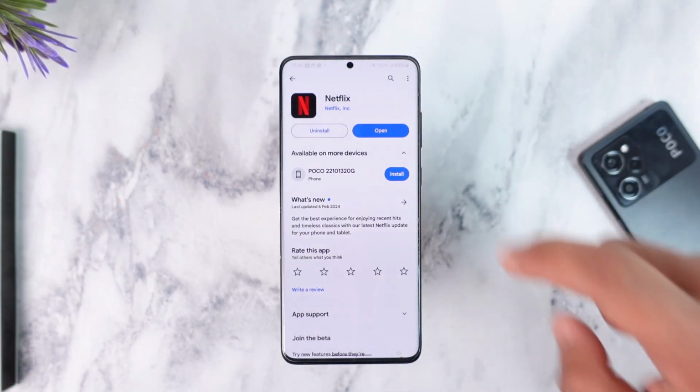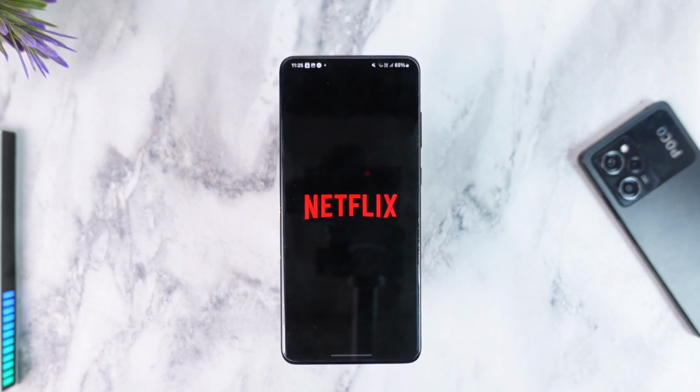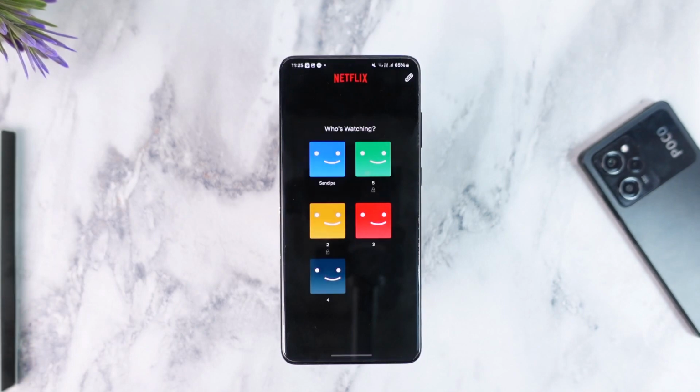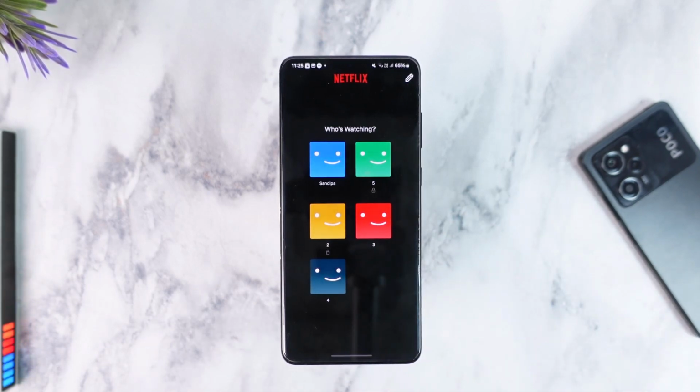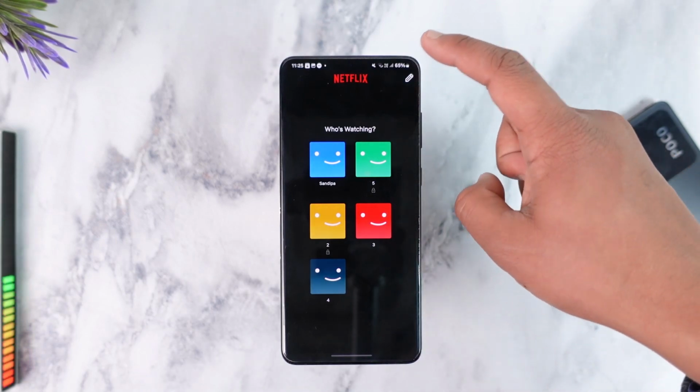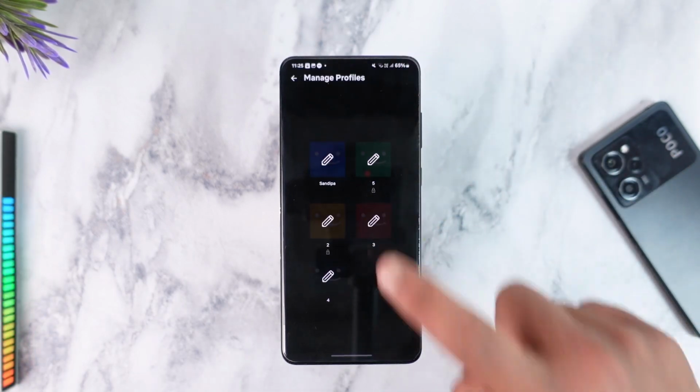All you have to do is launch the Netflix application, and then you're going to be able to see this type of interface. Now you can choose different languages for different profiles, whether it is the app language you're talking about or whether it is the video language or the movie language. And to change it, just tap the edit button from the top right, select a profile for which you want